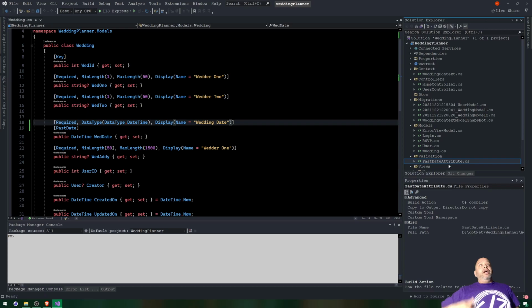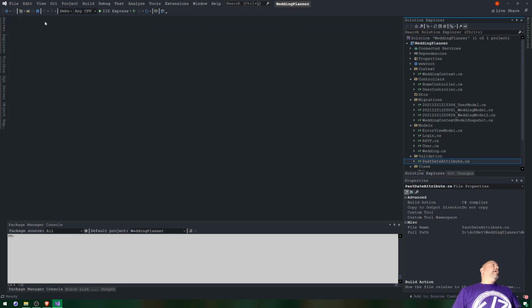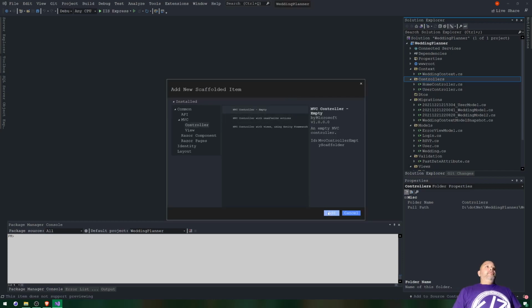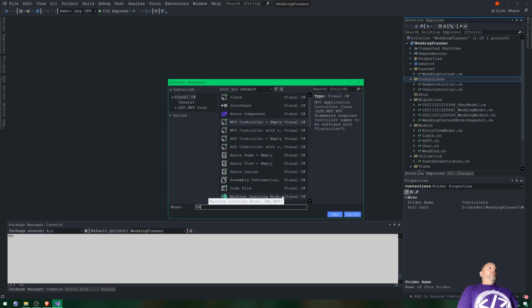Like in the future, I had a problem with this before. So let's see how much time we got. For 15 minutes. So my goal is to do a controller with this and not the front end yet. So let's add a controller. And I'm just gonna call it wedding